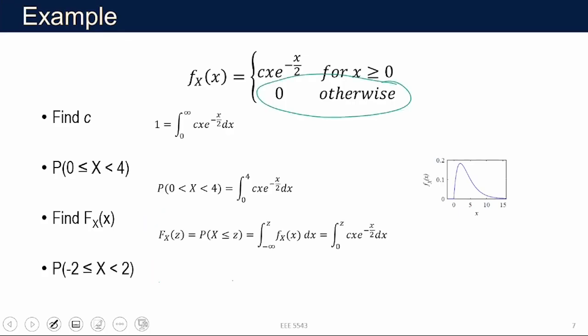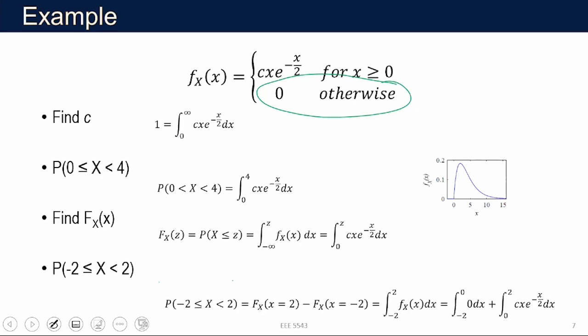So then we might also ask a question, what is the probability that x takes the value from negative 2 to 2? Well, this is more or less a straightforward integral from negative 2 to 2, except our function is defined as 0 on the interval from negative 2 to 0, so that integral becomes 0. And we just worry about the right integral. And this is why we make sure to always specify that 0 in our definition of a probability mass function